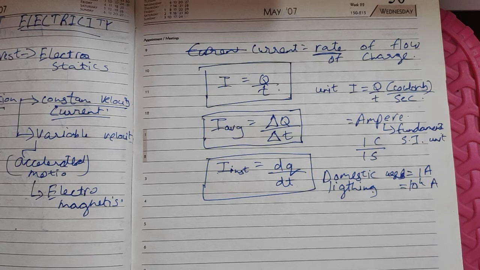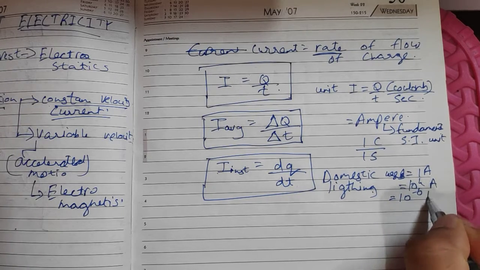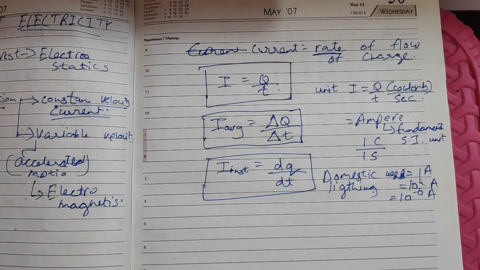And you also have current inside your body. It is passing through your nerves, which transfer the information. The charges transfer the information from all of your body parts to your brain. If your nervous system breaks down, then no information will be sent. So what is the current in that nerve? It is in the range of 10 raised to minus 6 ampere. I hope this much is very clear to you. Then we'll move ahead.